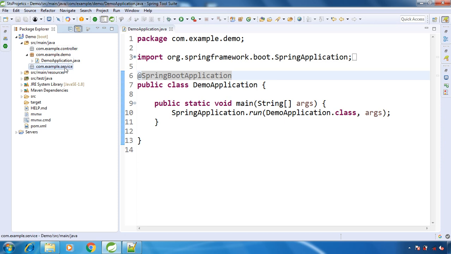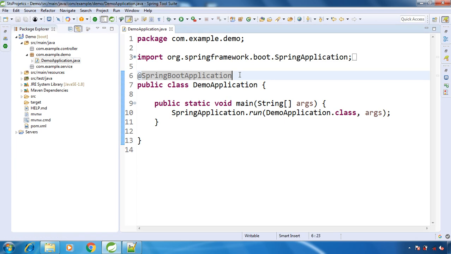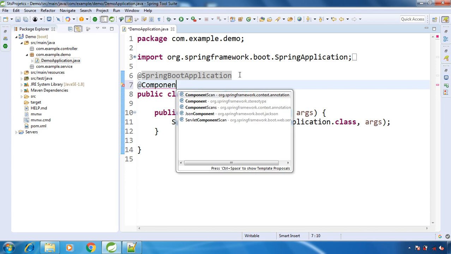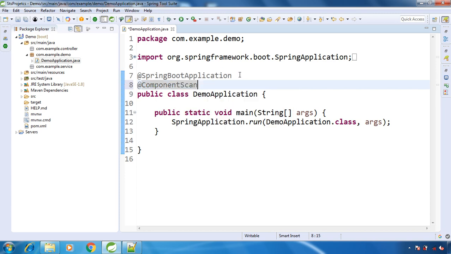Now we need to have these inside the component scan. Otherwise our @RestController, @Controller or @Service annotation will not work. So after @SpringBootApplication, here we have @ComponentScan. Now there are two things you can do.